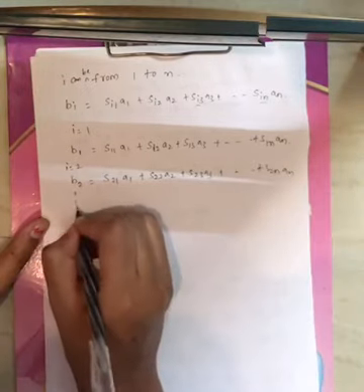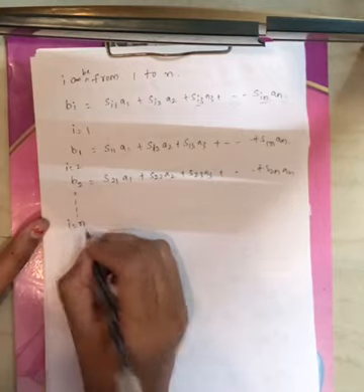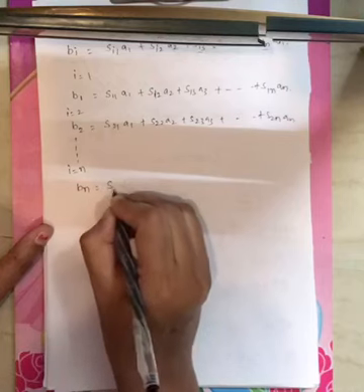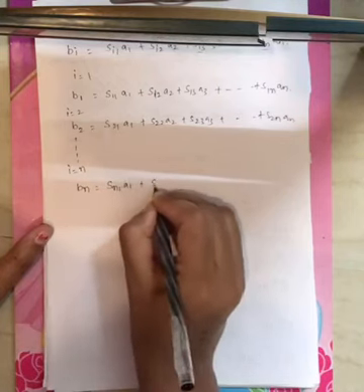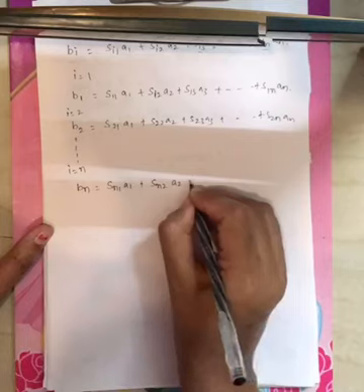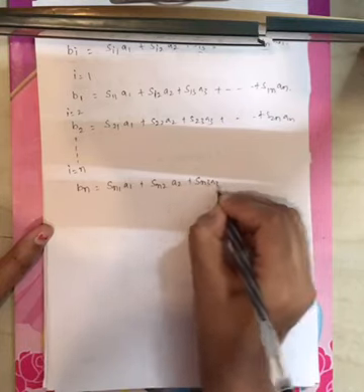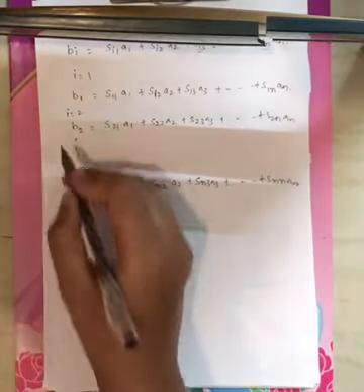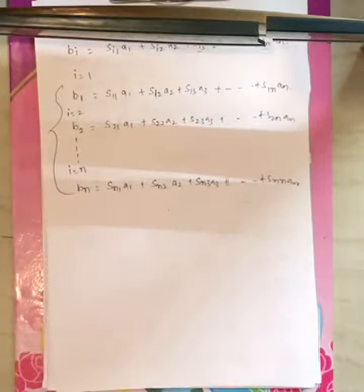Now this i is varying from 1, 2, 3, so on up to n. Now i equals n. When i equals n, Bn equals Sn1 A1 plus Sn2 A2 plus Sn3 A3 plus so on up to Snn An. Now if you see, the reflected powers are B1 to Bn, the reflection coefficients are nothing but the S parameters, and A1, A2, A3 so on up to An are the incident powers.